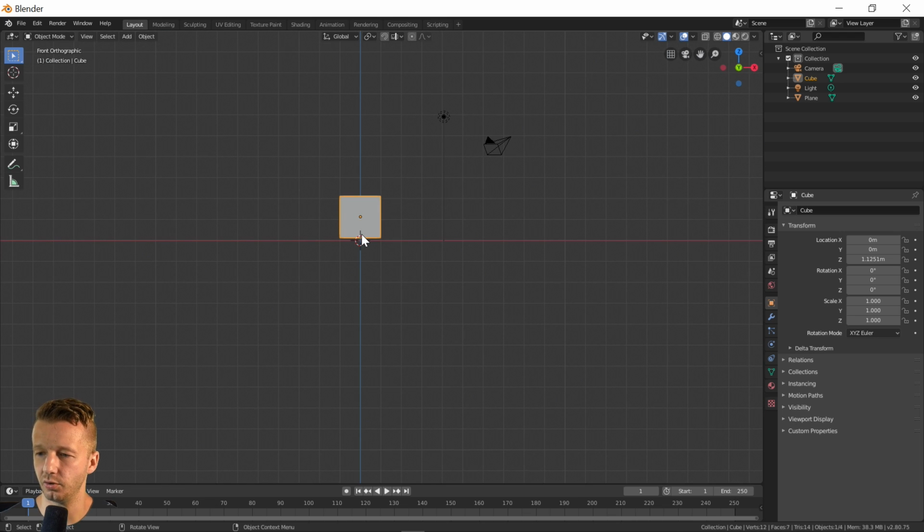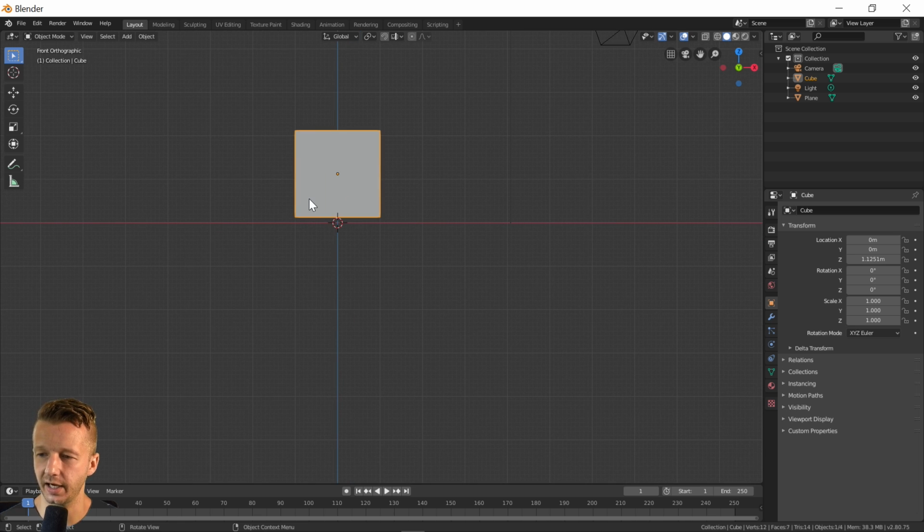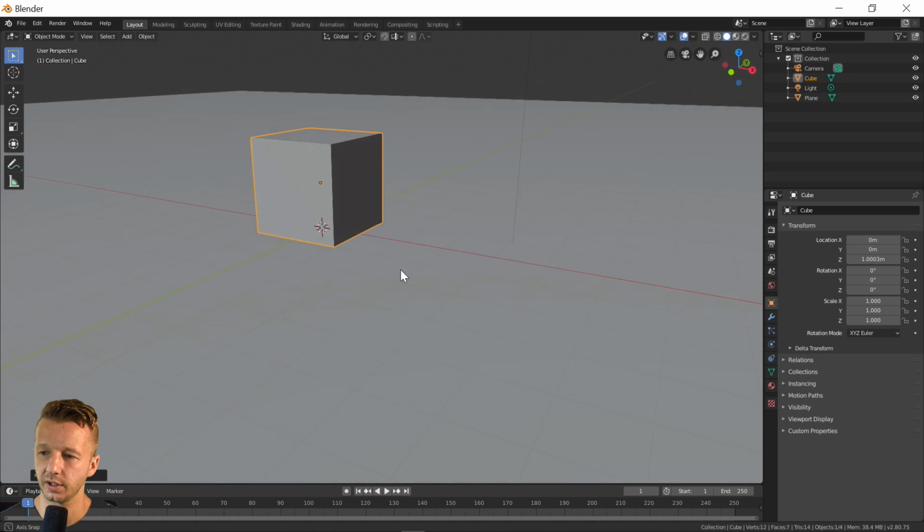All right, so right here, if we go to our front view, see the actual plane is hidden because it's on the x-axis. That's where it's set by default. But if we zoom up, we'll see it's not sitting down here. So we hit G, Z, and then just move down. So now it's sitting right on top